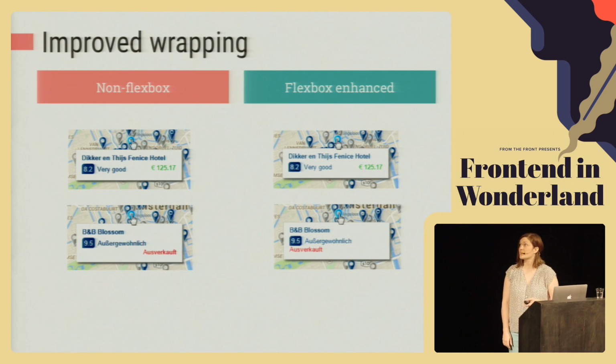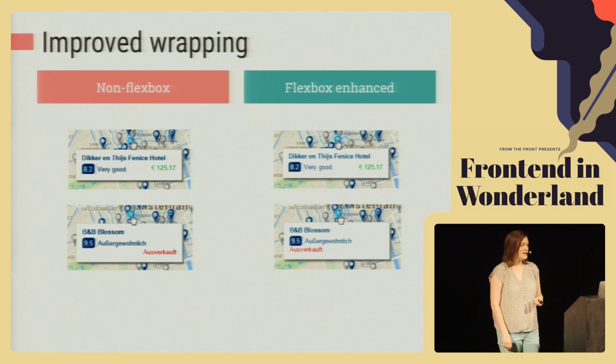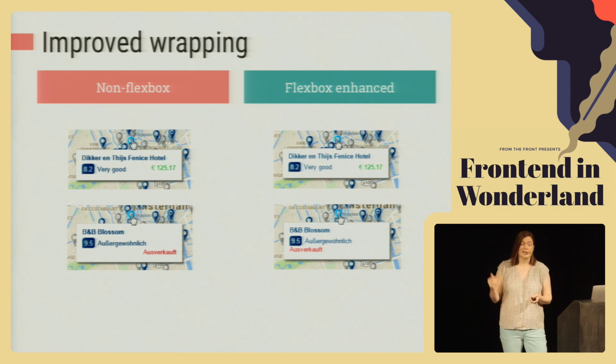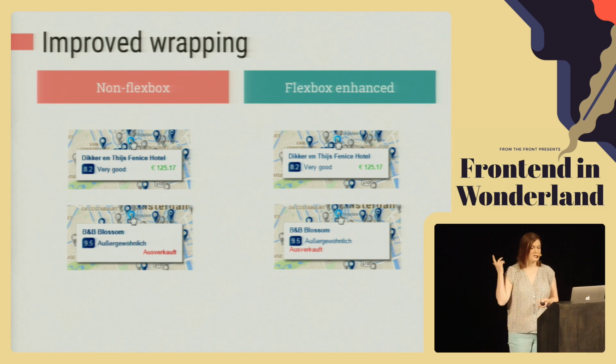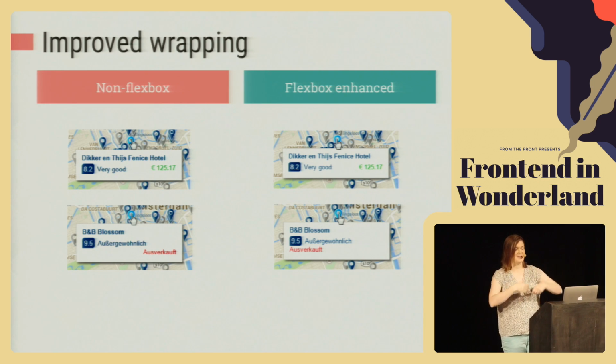Another example of how Flexbox can handle wrapping more elegantly is in what we call the mini info windows on our maps that show when you hover over a marker. I use Flexbox to lay out the review score and the price on opposite sides of the same line. Again, I couldn't give either of these two blocks a width, even in percentages or ems, because the length of the content in each can vary wildly. Without set widths, inline-block would not move the price block to the right side, so that was out. Table cell worked fine without set widths, but if the content was long, the two pieces could overlap each other instead of the second block wrapping to a new line,